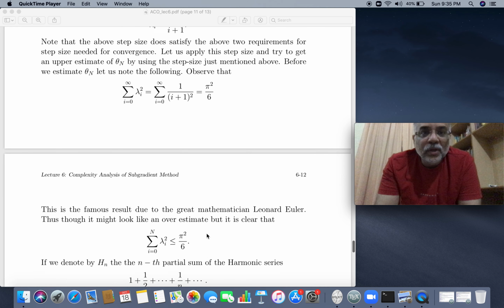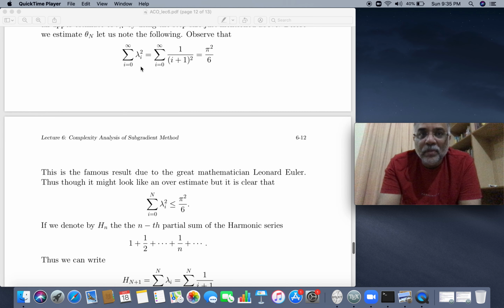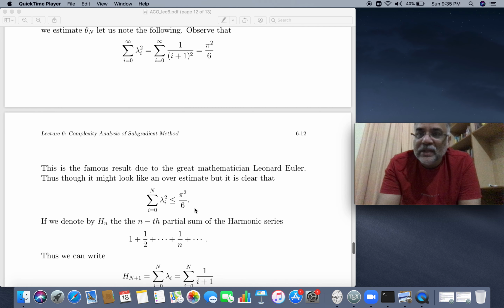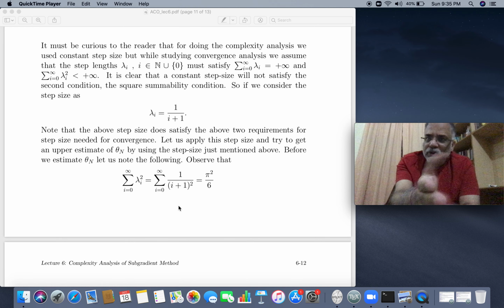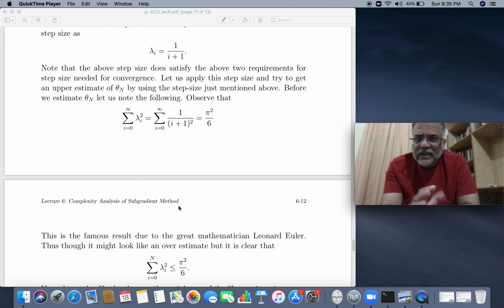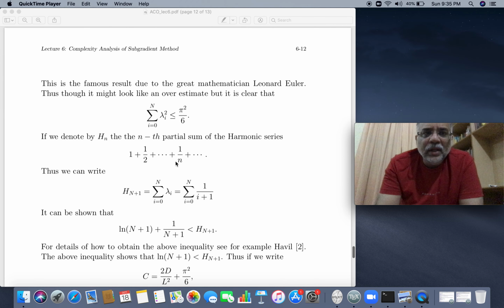Now once you know that summation lambda I square is less than or equal to pi square by 6, my lambda is chosen like this. So this is something for which convergence will occur. Convergence is guaranteed. But then when I look at this summation of lambda I and I look at its partial sums,